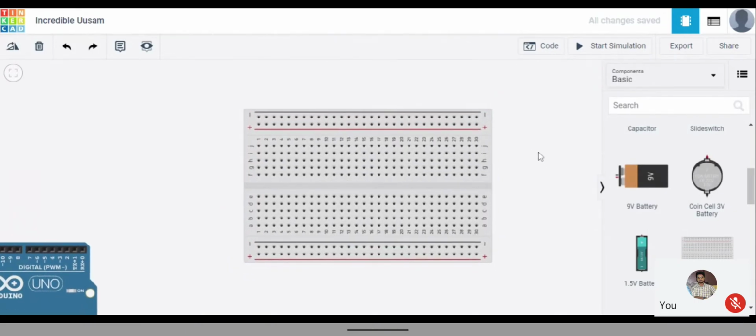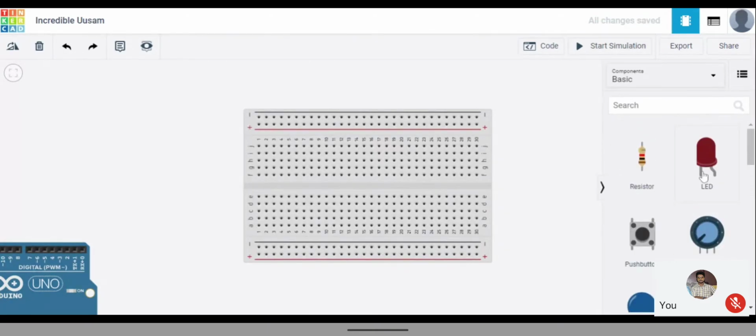Okay, so we will not use any Arduino in this one. What we will do is directly connect LEDs, and we will use a battery for that one. Okay, I'll take an LED and connect it.